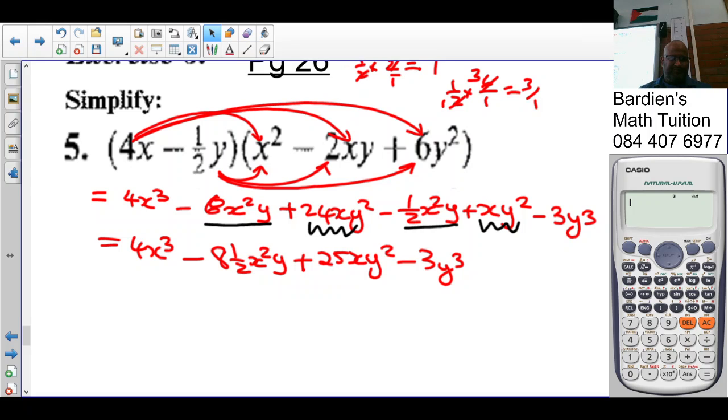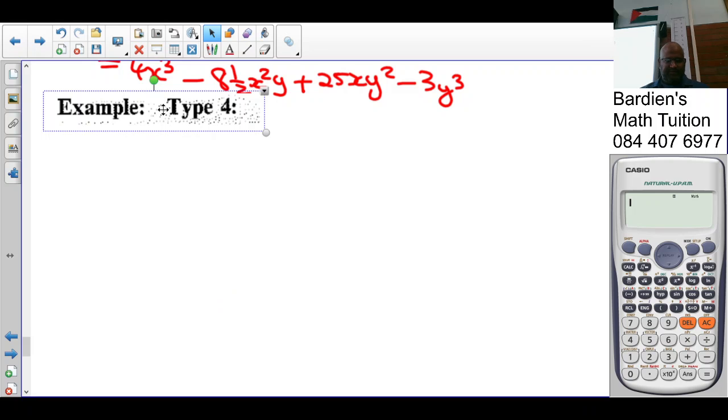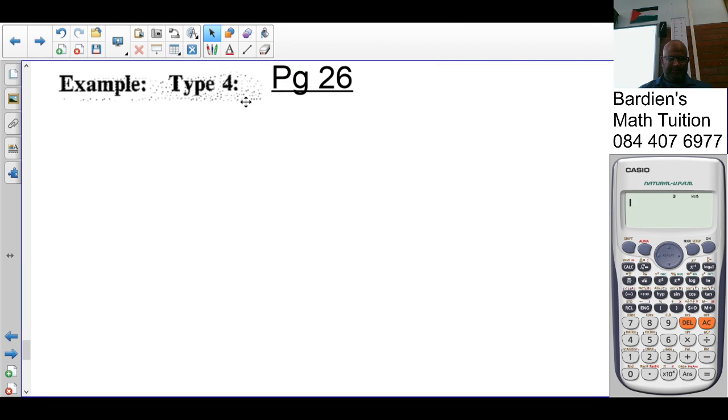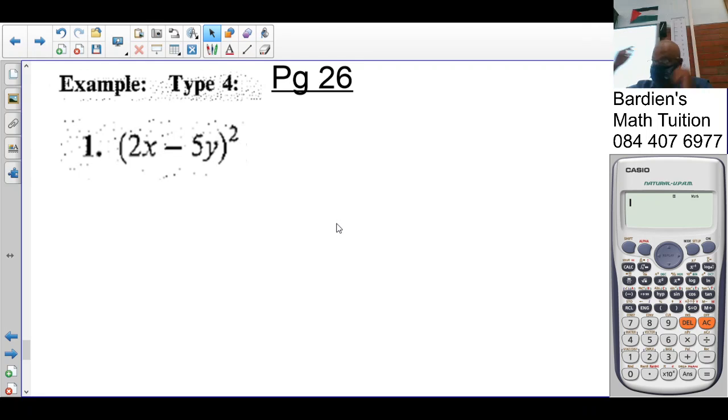So this is type 4. It's on page 26. Alright, so what we have is 2x minus 5y all squared. People, what does that square mean? Everything in the brackets must be written out twice. And it must be multiplied. It must be written out twice and be multiplied. So in other words,